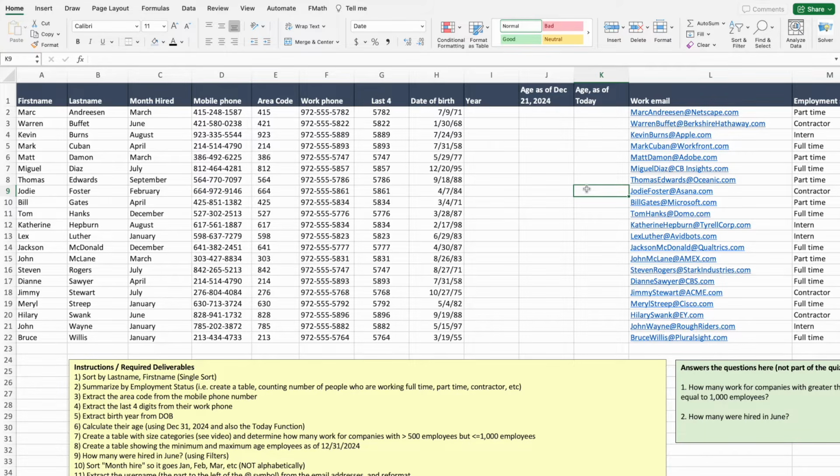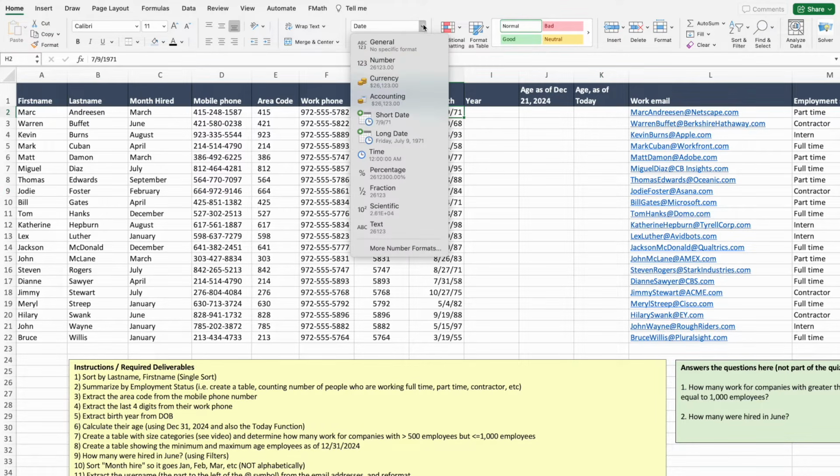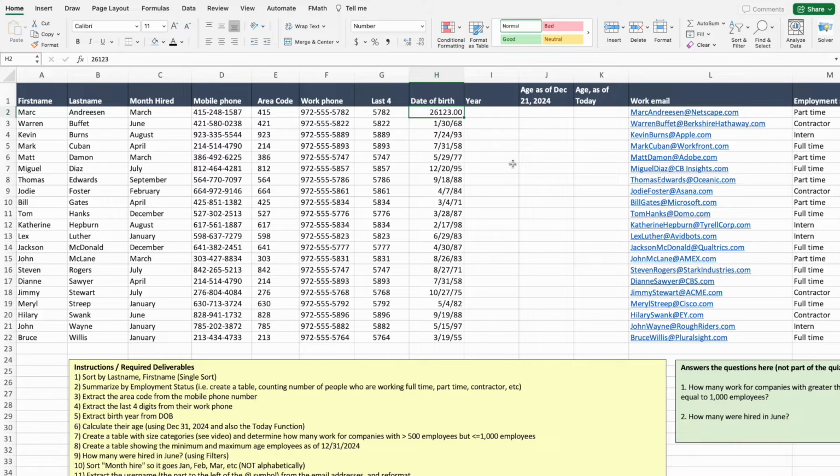Okay, dates are a little bit different in Excel. So Excel formats a date. If we look at this right now, and we're on the home screen, this is our numerical formatting, and it's showing that it's date. Okay, because this is formatted as a date. Let me now format this for you as a number, and just watch. You don't have to do that. Notice that my date turned into